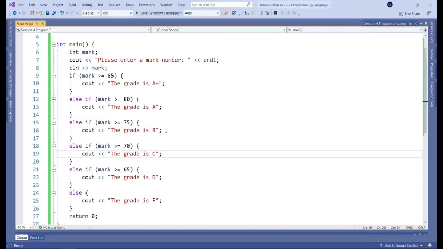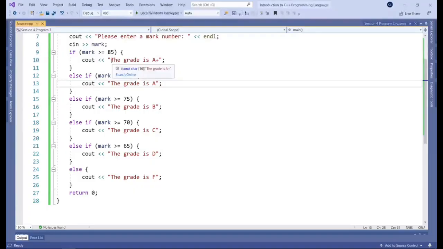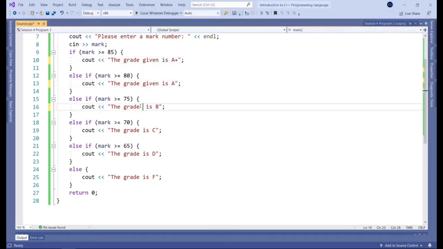Now, whenever you see yourself copying and pasting, that's generally a bad sign, or a sign that you're writing code which could be much more effective. And I'll tell you just about why. So let's say we wanted to change this message, right? Not the grade itself, but the message. We would have to go in here and type the grade given, let's say we're making this change. And we're wasting time, right? It's inefficient code. What if we make a spelling mistake here, right? And then you have it different across, right?